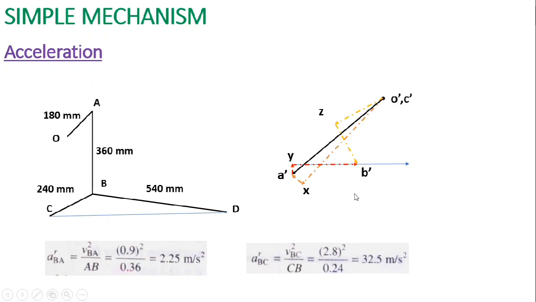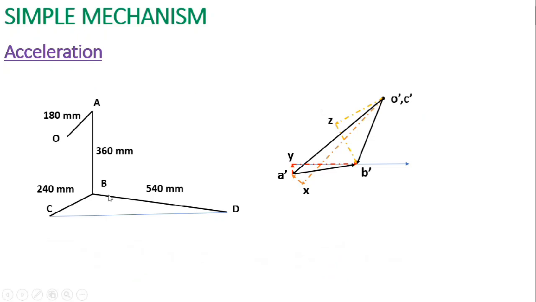So now let us move to the next link, that is BD. Before we move to BD, we get the acceleration vector of link AB by joining the resultant, and here you get the acceleration vector of link BC by joining this resultant. Now this acceleration diagram is going to get slightly complicated in terms of the number of lines, so please pay attention over here. Now coming to the next link, that is BD, the radial acceleration component will be along or parallel to BD, and the tangential acceleration component will be perpendicular to BD.